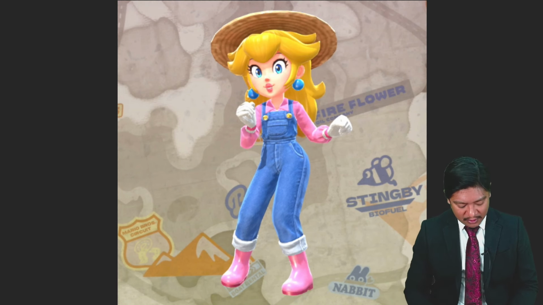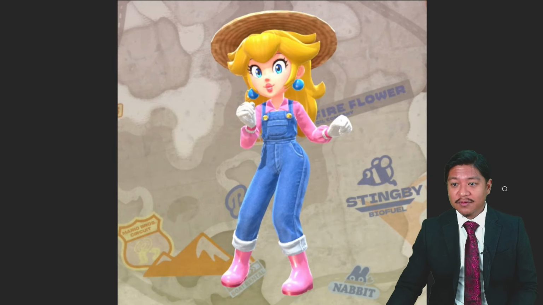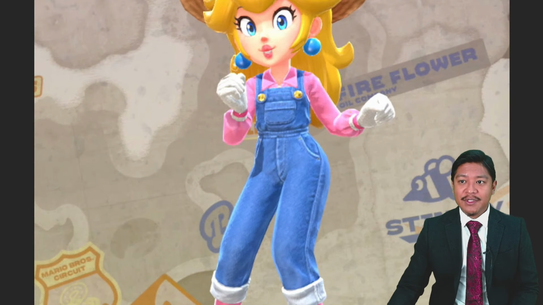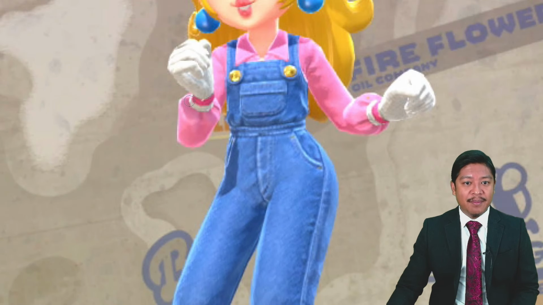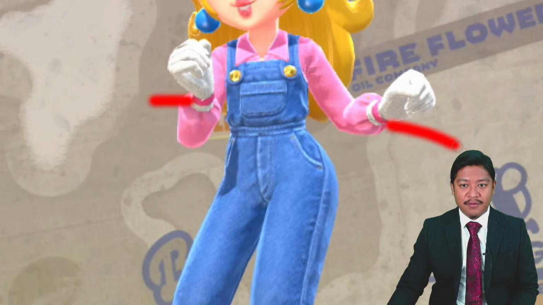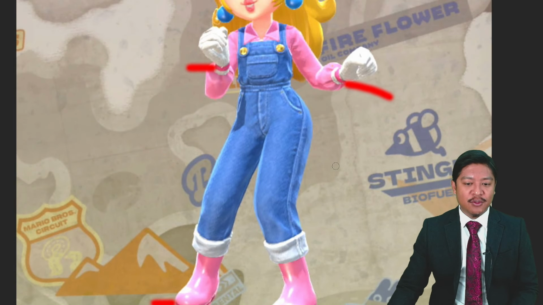I'll just go ahead and grayscale that. So this is actually one of the more reserved in terms of tonality. It's not flat and dull, but it's reserved. There is a darker color that we see on the band of her gloves just here. And if we look at the bottom of the character, that's the same tone and color at the bottom of the boots. Nice visual cohesion, again,